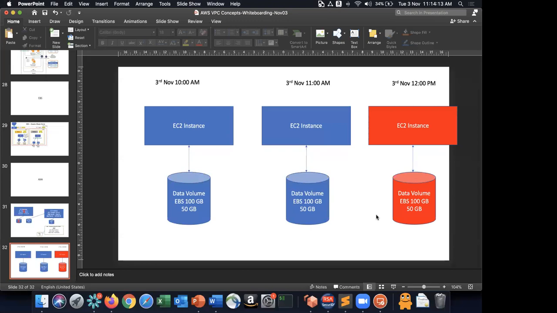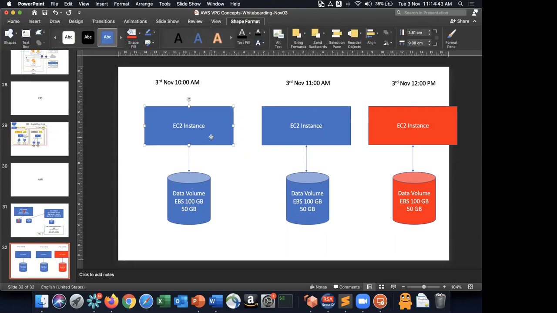In such cases, when it is terminated by a user, or by an automation script, or by somebody, or maybe it got hacked, AWS does not take responsibility for that. I'll explain the concept to you. AWS does not take the responsibility for that. Now, at what point does AWS take responsibility? I'll tell you. At 10 a.m. you provisioned an EC2 instance, and then you copied some 50 GB to the EBS volume. Now, underlying, this is basically a virtual